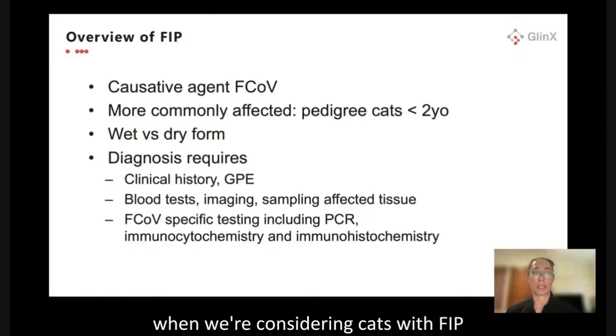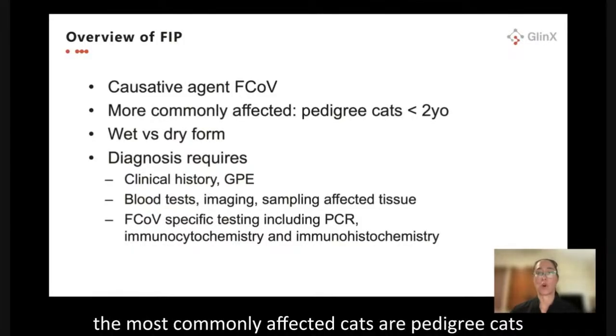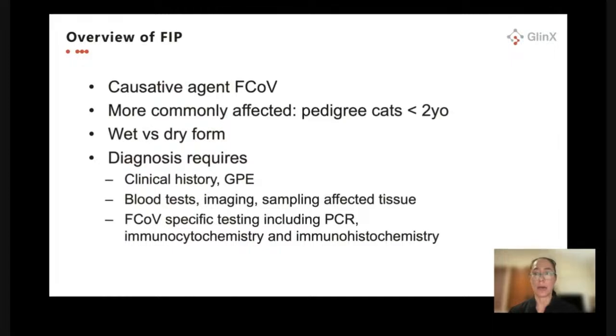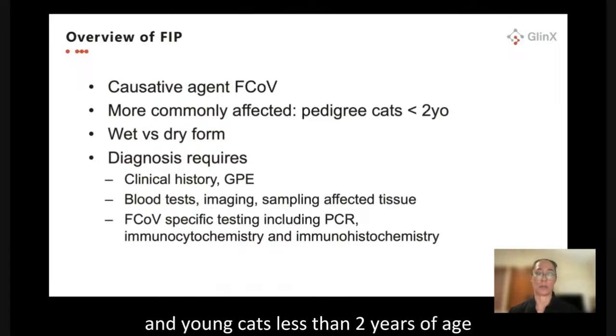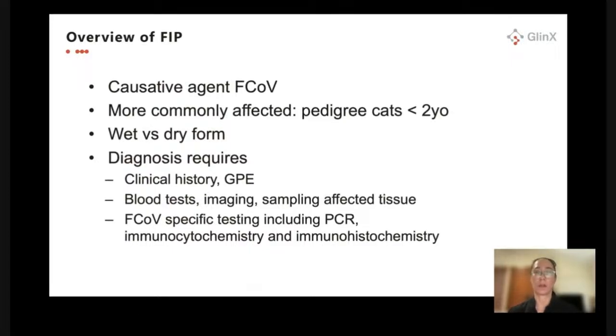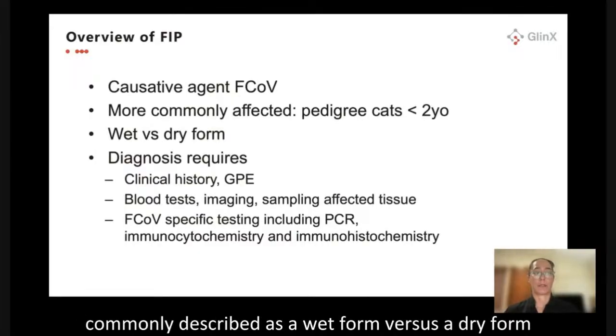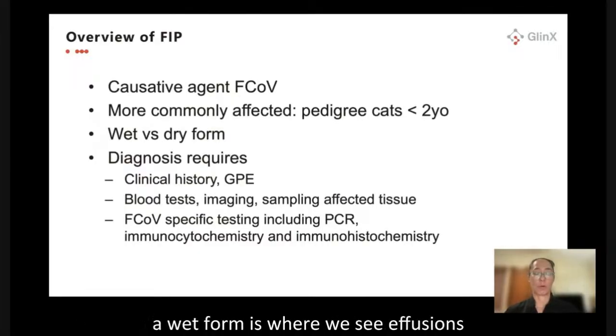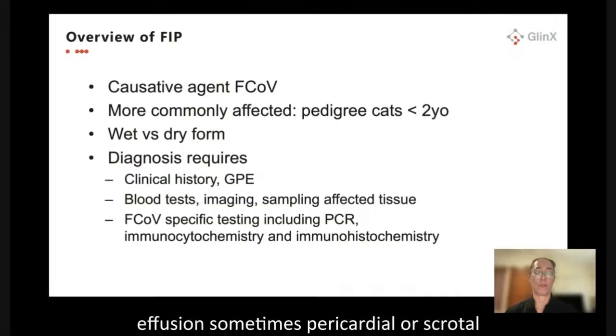When we're considering cats with FIP, the most commonly affected cats are pedigree cats and young cats less than 2 years of age. The disease itself is commonly described as a wet form versus a dry form. A wet form is where we see effusions, commonly pleural or abdominal effusion, sometimes